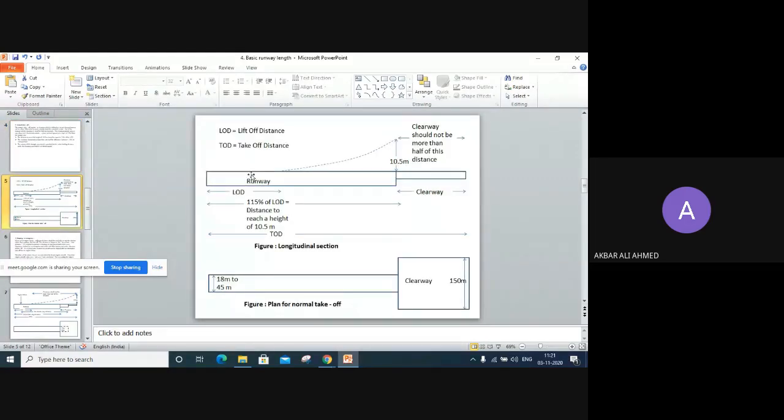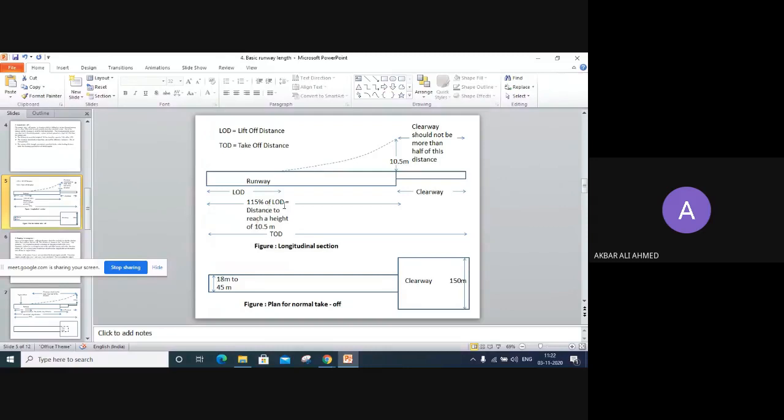See, here the airplane comes and it starts to take off, and just when it is about to leave the runway, just before the clear way, the height should be 10.5 meters. This is again fixed. This is the lift off distance. That means the point where it just goes away, the wheels are not in contact with the runway anymore. That is lift off distance. And take off distance means it has gone away from this runway. This is the take off distance. So see this take off distance up till here, lift off distance, and see this take off distance.